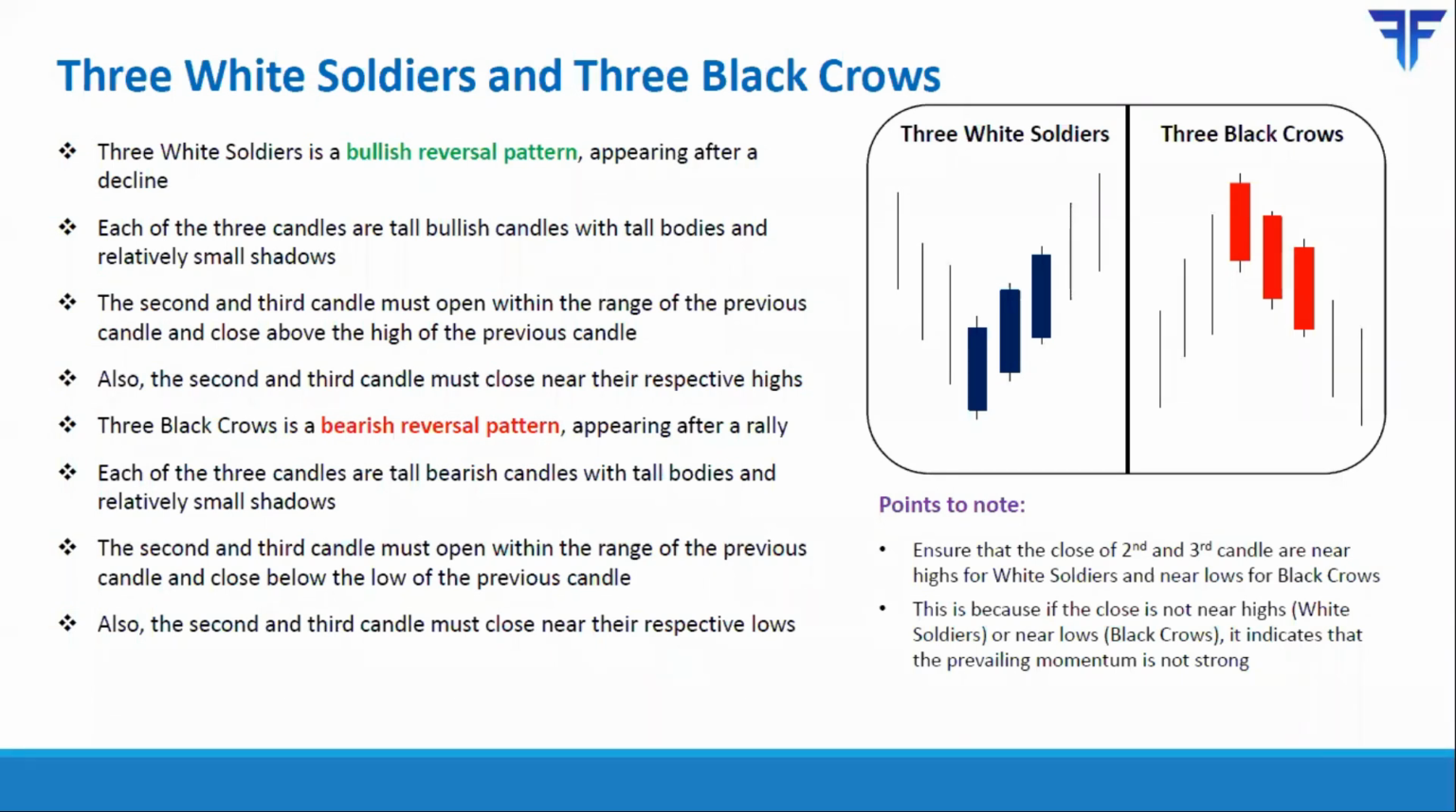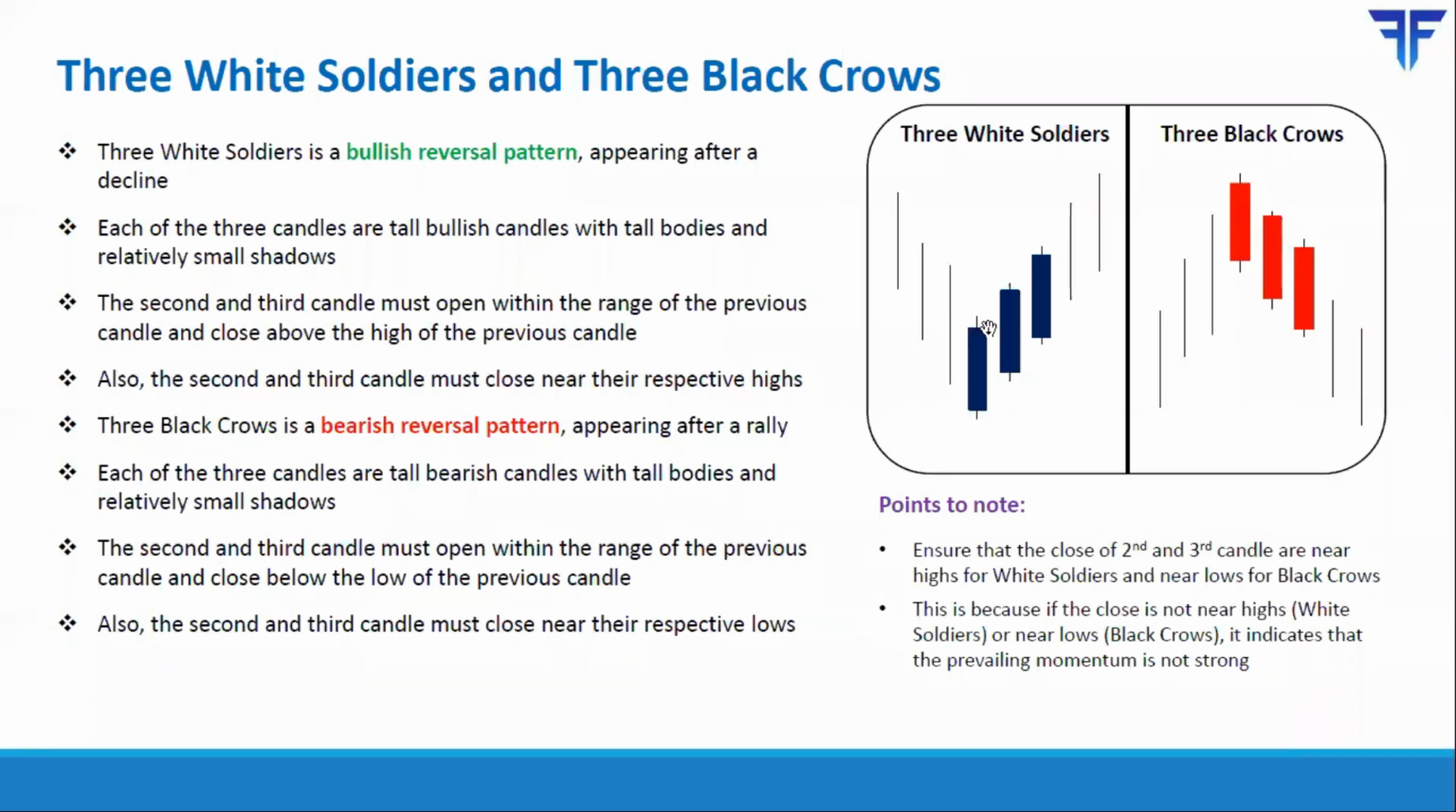Again, let me repeat three white soldiers. In this case, we will talk about three white soldiers as a bullish reversal pattern. The first candle appears following a nice decline in price. The first candle is a tall bullish candle, which tells you that the downtrend is most possibly weakening. Again, the shadow of the first candle should be relatively small and the body should comprise a bulk of the first candle. The second candle should open above the low of the first candle and then proceed to close